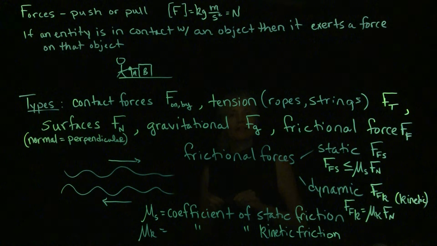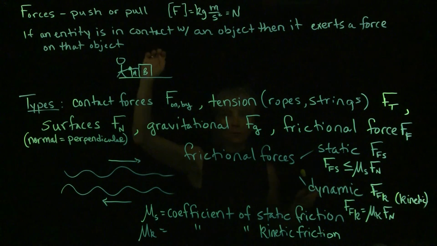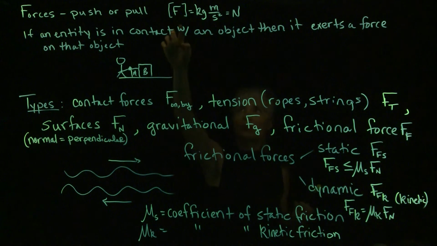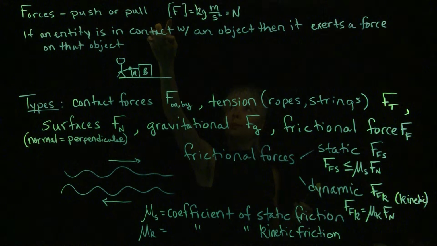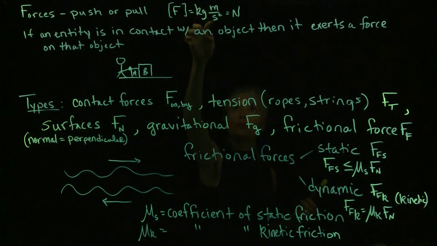Hello and welcome back. In this video, we're going to try and focus in on types of forces that you're going to see acting on objects and the direction that they are going to be acting. So recall that a force is just a push or a pull. The symbol that we use for force is F. And when we put brackets around a quantity, we're just talking about that quantity's units. So this says the units for force equals kilogram meter per second squared,